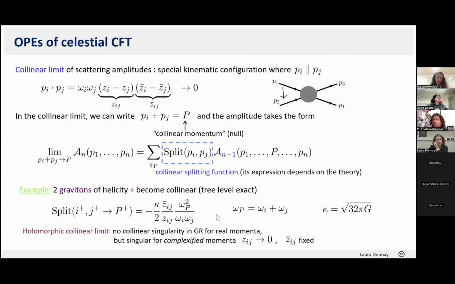The study of analyticity in the complex plane of amplitudes is extremely important and powerful. It traces back to a lot of old works. But in this specific context, the reason why it seems a good idea is precisely because it allows us to